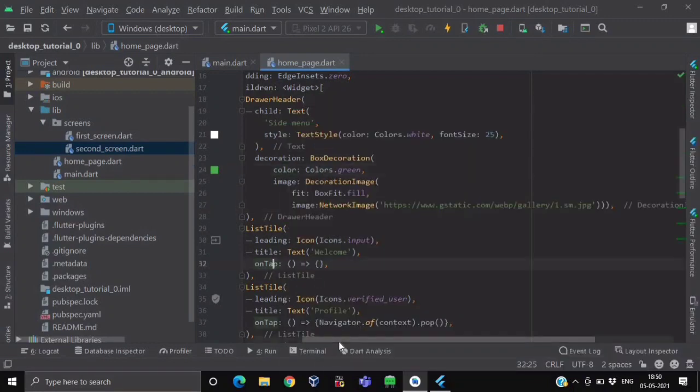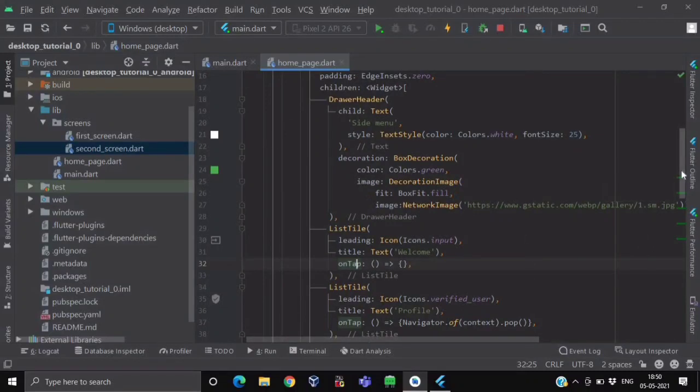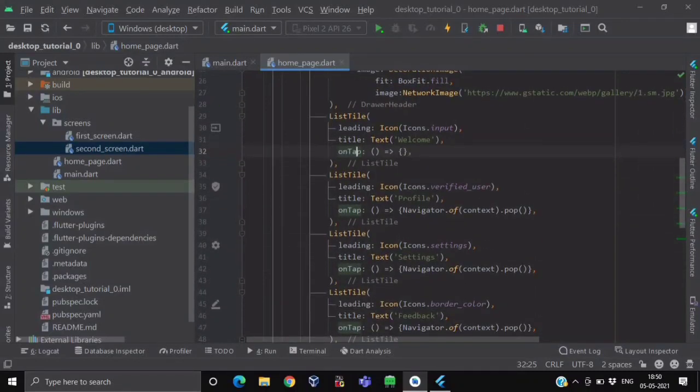Now here, as you can see, I have given the rest of the children as list tiles. Each one has a different icon and different text. All the list tiles here have an onTap method. Except for the first list tile, I have given the